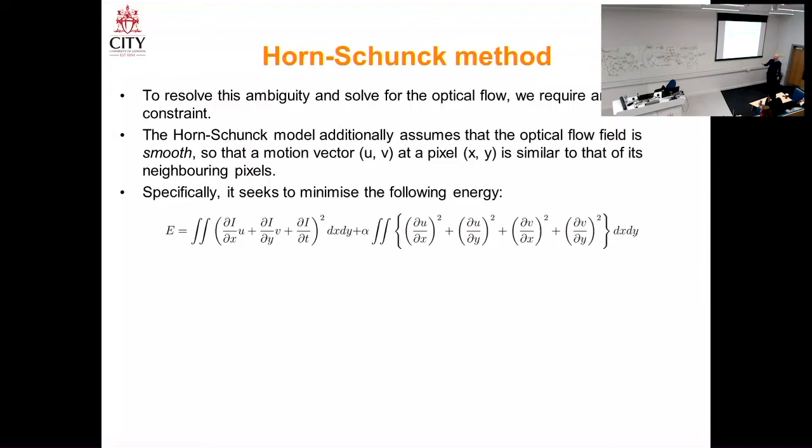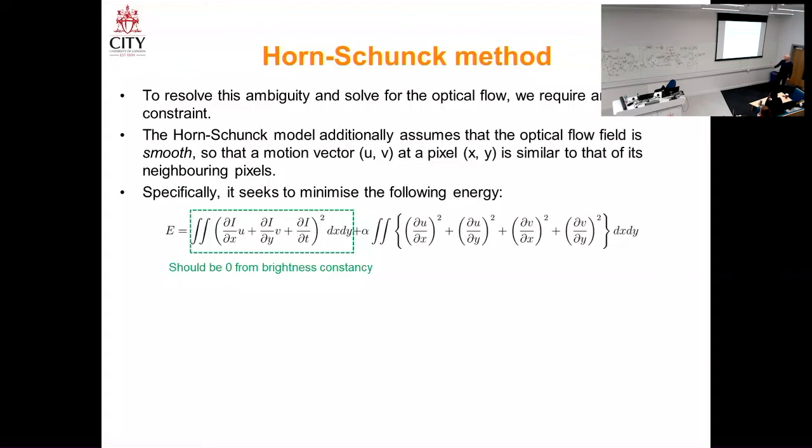So here I have an energy that I want to minimize, okay? And the goal is to find the U and V that minimize this energy. Now the energy has two terms. The first term is based on the brightness constancy assumption, okay? And we just covered this. Actually, this term should be 0, because if we make the brightness constancy assumption, we get the optical flow constraint. And the optical flow constraint says this term should be 0. So if we have good optical flow that matches our assumptions,